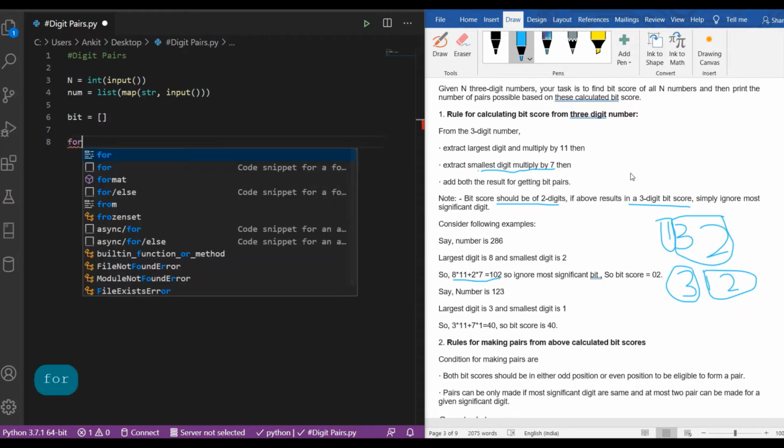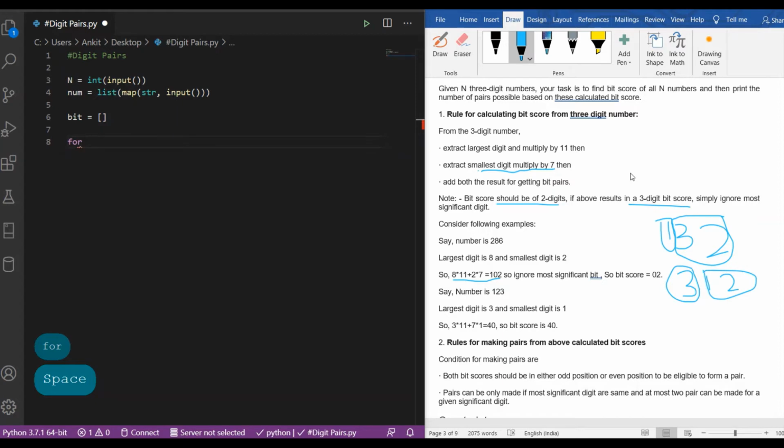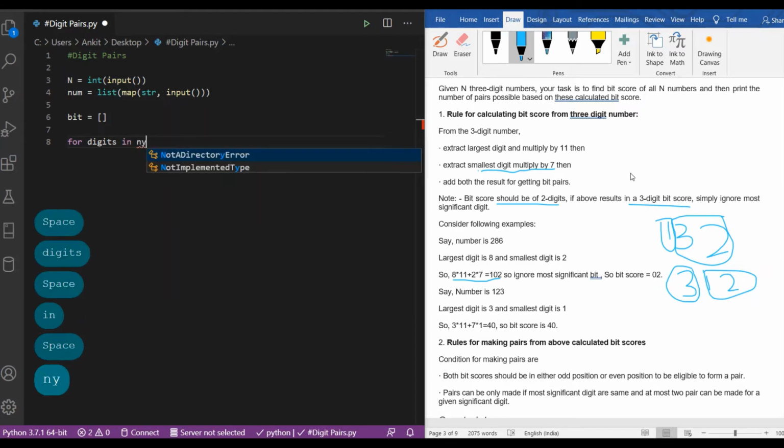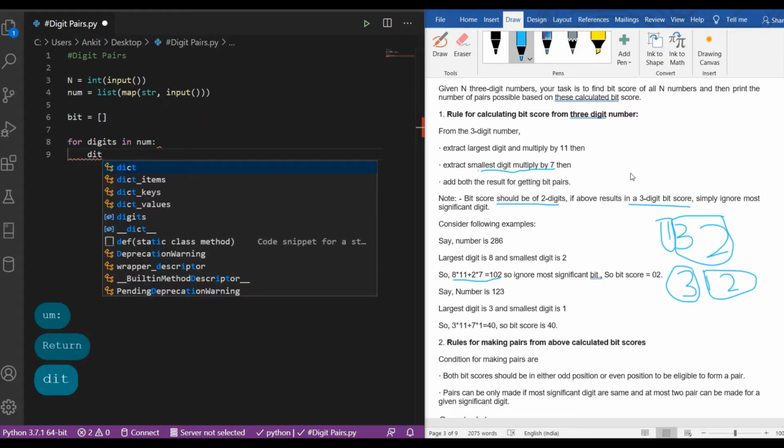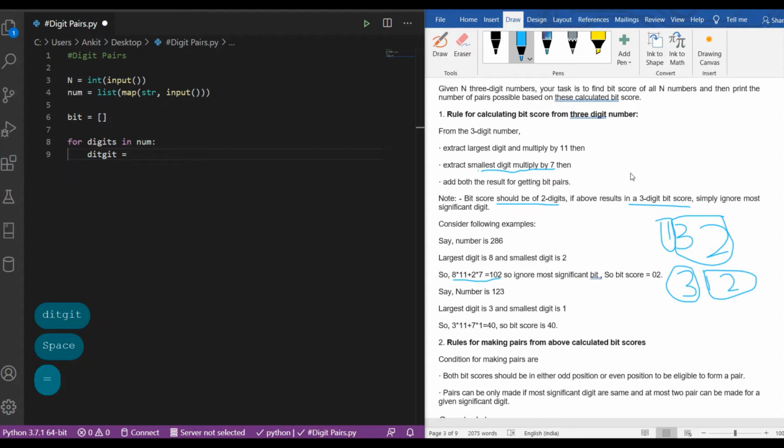implement a for loop for digits in num. We will create a list named digit, which is an empty list which will contain each digit of a three digit number.